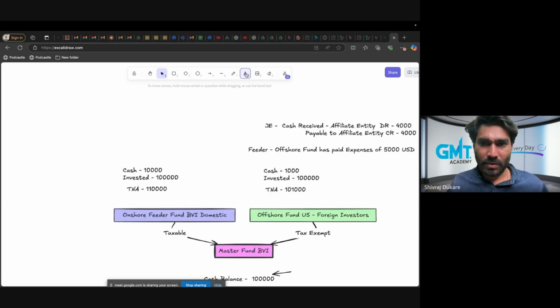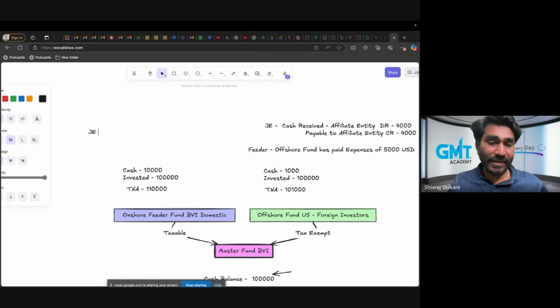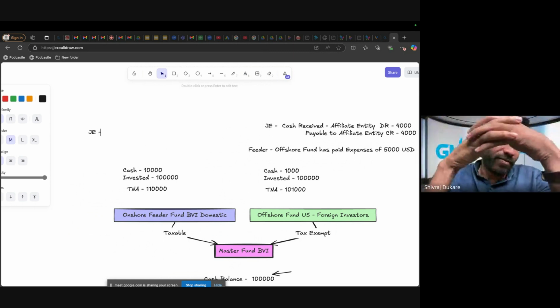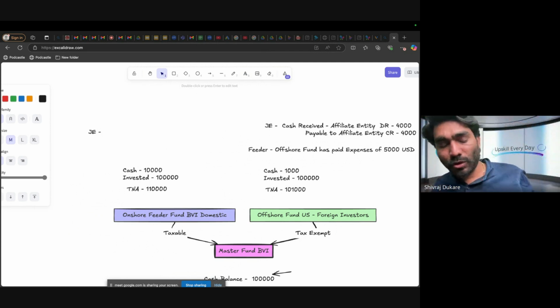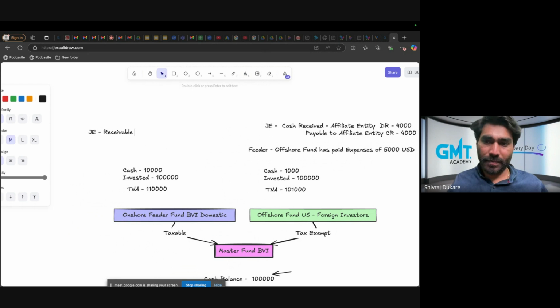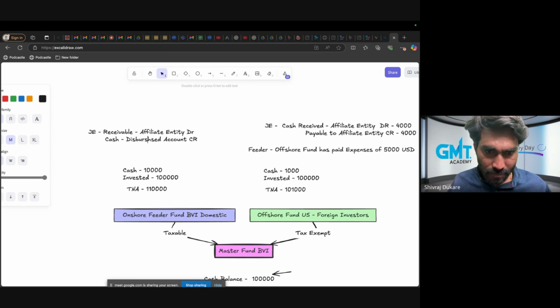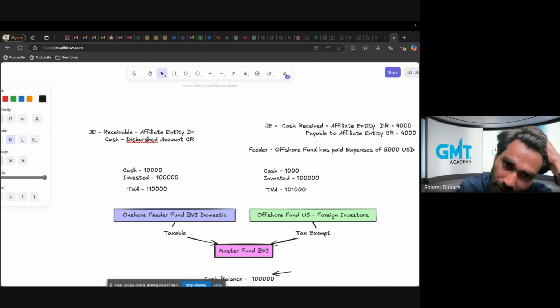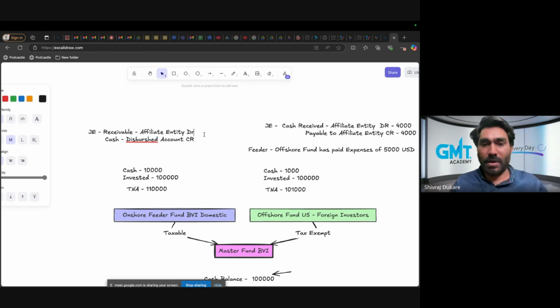And on the other hand, we book the transaction in the books of this entity. Let's say we have decided to accept payment from the feeder only. So in the other feeder's books, we'll book the entry: receivable from the affiliate entity account debit, to cash disbursed account credit. You can check the spelling as well. And the amount is